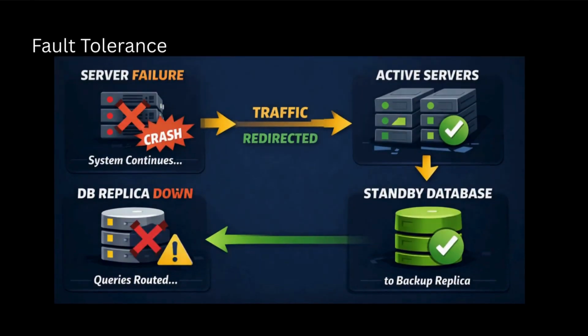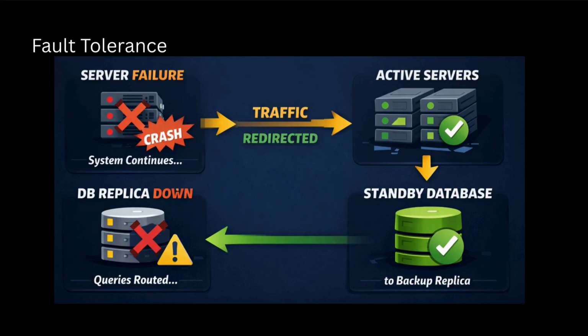At its simplest level, fault tolerance means your system continues to function even when specific parts of it fail. In a distributed environment, failures aren't rare anomalies, they're expected, everyday events. Think about it this way: a service will eventually crash, a network packet will inevitably drop, and a database replica will eventually become unavailable. A truly fault tolerant system is designed so these individual failures don't trigger a total application